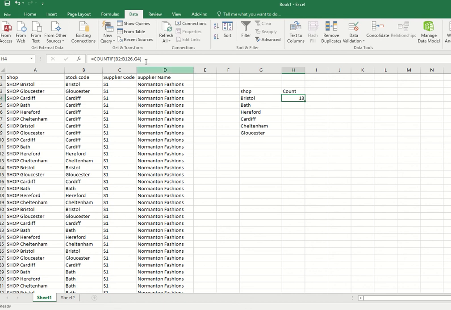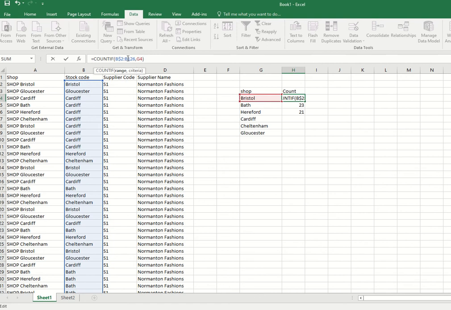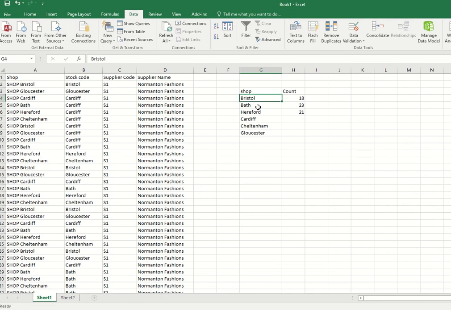Now, when I drag this down, these numbers 2 and 126 are going to change. Let's go and have a look. So Bath is now changing B3 to 127, and B4 to B128, so it's shifting down the range of data one each time. So I'm going to use a $ sign just to stop that changing. But I want G4 to change to G5 because I want to check for Bristol in G4, then Bath G5, and so on. So let's go and have a look, and then drag that down, and there we are,